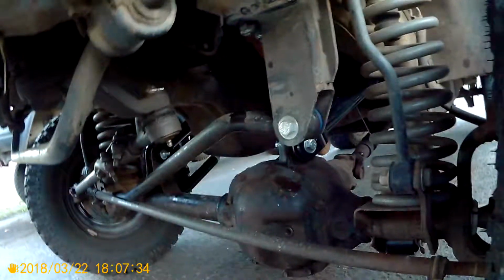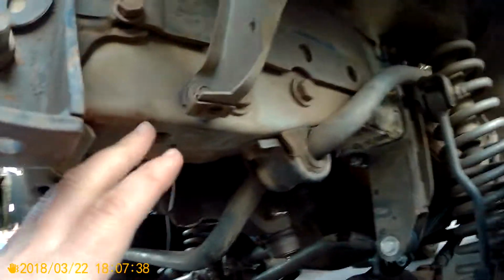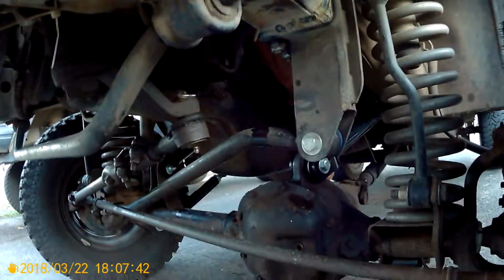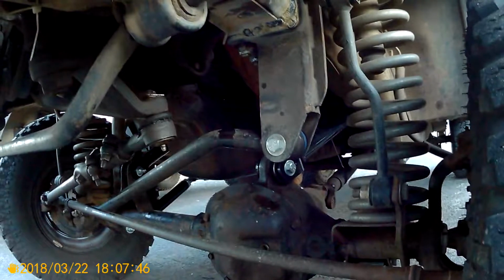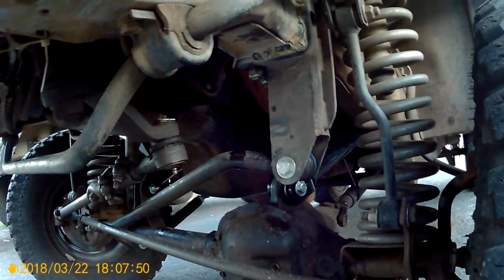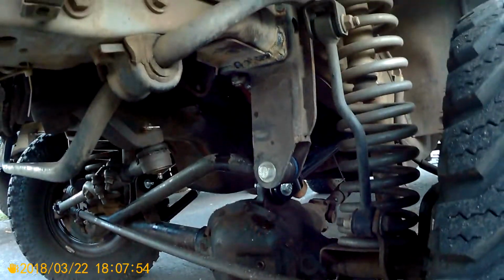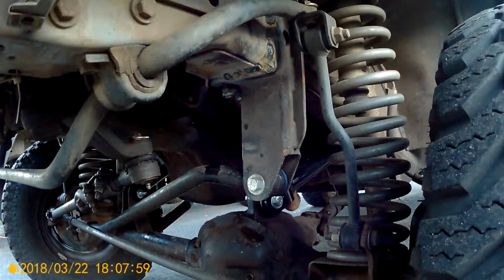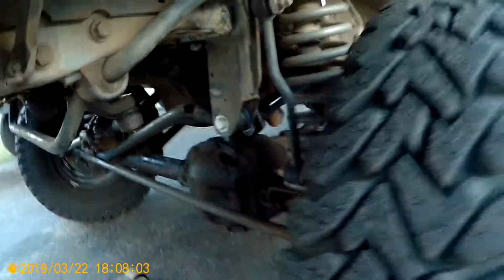But one of the things I noticed was when I had it mounted up right here and I was looking at the track bar, I could see the engine. Well, the engine started moving in the video when I was taking off. So I got thinking about it, and I haven't read anything online about the engine mounts being bad and causing Death Wobble. They're two different things. But I think that's where I'm getting a lot of my clunking from, because I just came out right now,